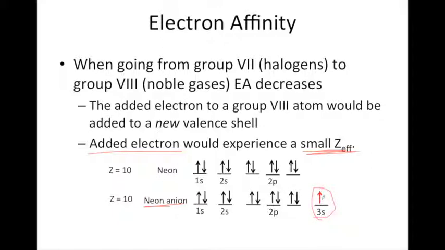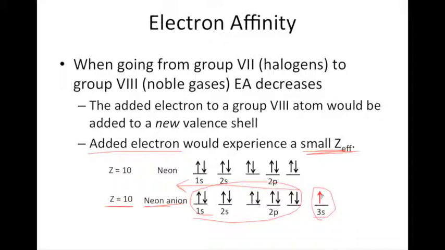So this added electron would experience a lot of shielding because now that added electron is shielded by all of these what are now core electrons. Now we haven't added any more protons, so when we add an electron to neon to form the neon anion, the added electron experiences a great increase in the shielding, but its actual nuclear charge does not increase. So therefore, this electron would have a very small effective nuclear charge, a very small attractive force towards the nucleus,